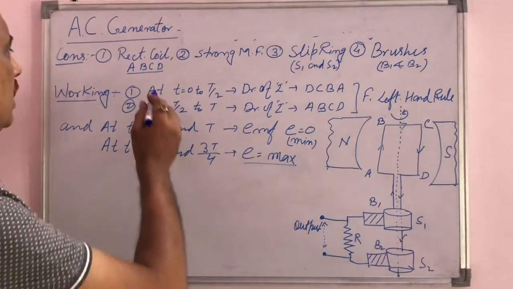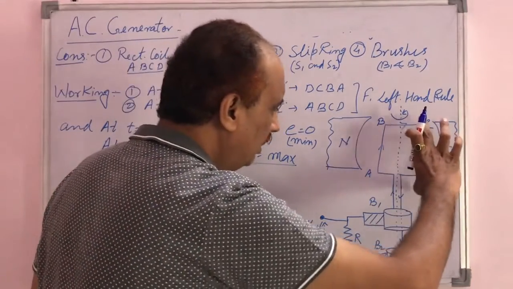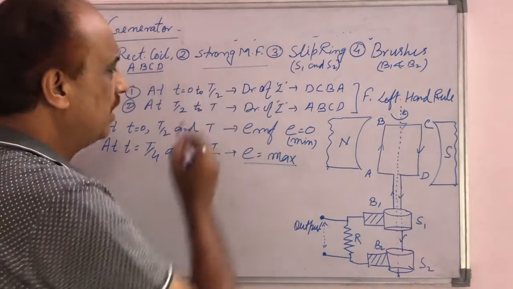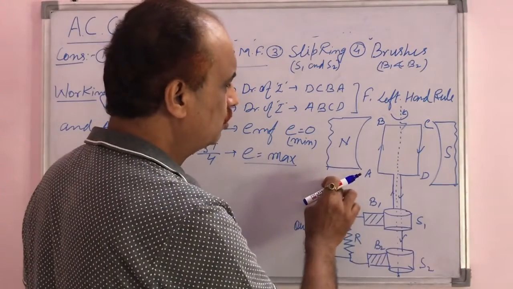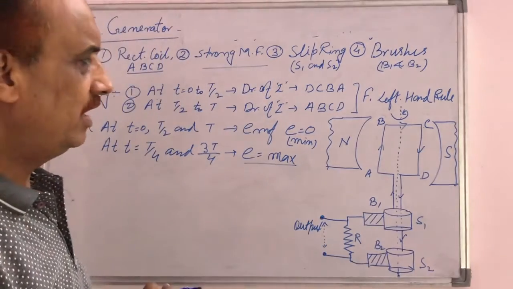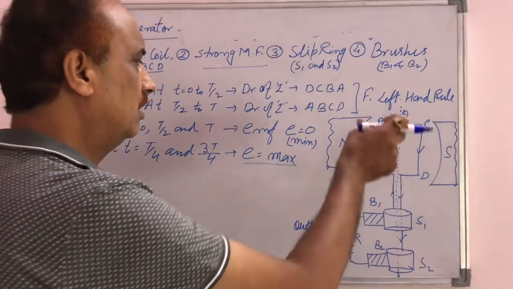It is called the rectangular coil ABCD, and another name for that coil is the armature. Number two is the strong magnetic field. This rectangular coil is placed between the two opposite poles of a strong magnet, N and S. Between these two poles, a strong magnetic field is produced in which the rectangular